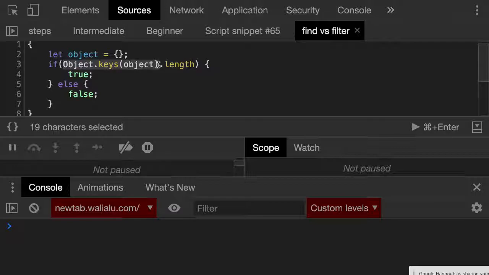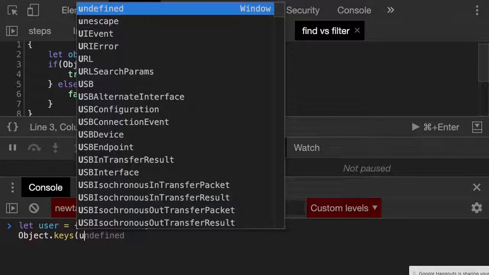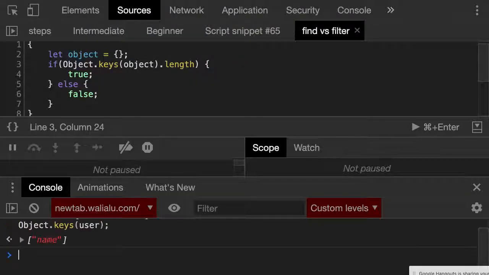Why is that? Inside the object is an array? No, because Object.keys will return an array, always an array, with the number of keys. That's how Object.keys works. So it's a function that returns an array? Yeah, of course. So if I have a user, and then I do Object.keys of user, look, it returns an array with the keys. But if instead of that I pass an empty object,